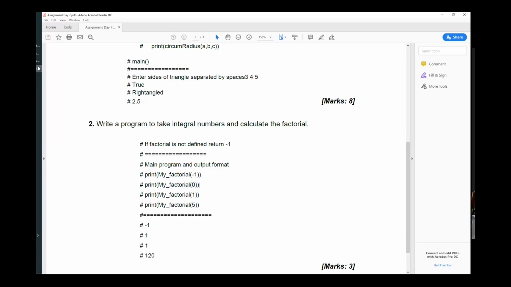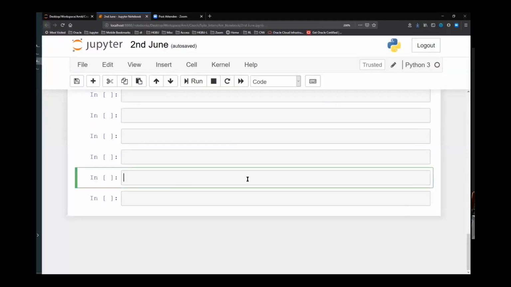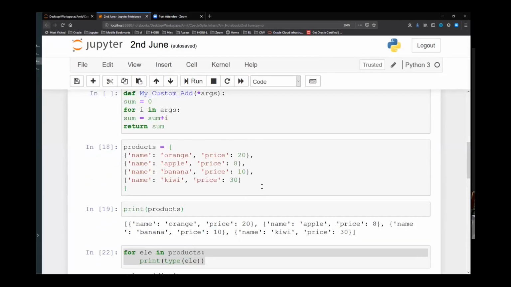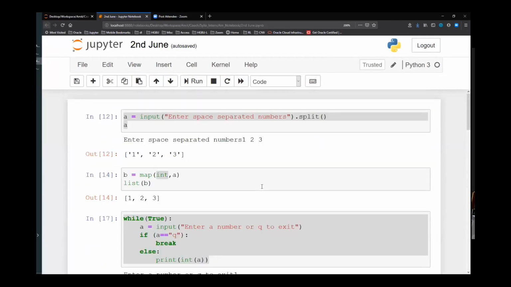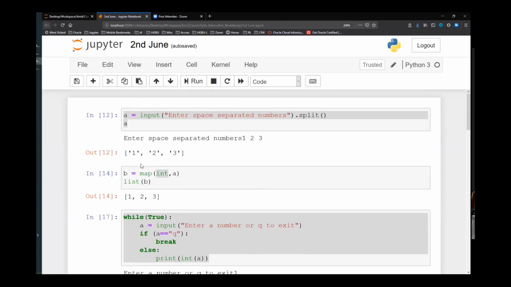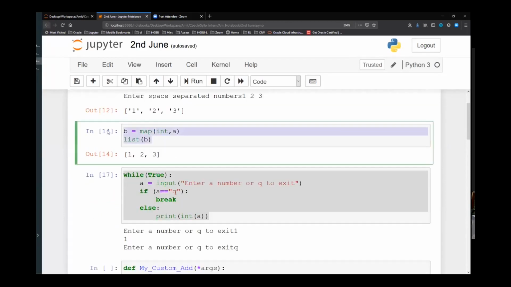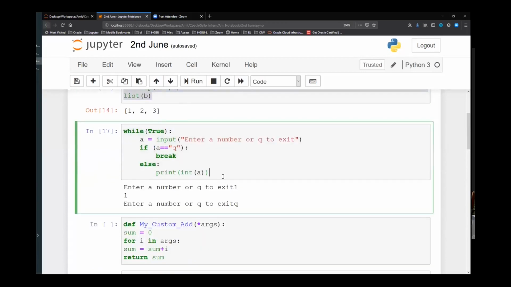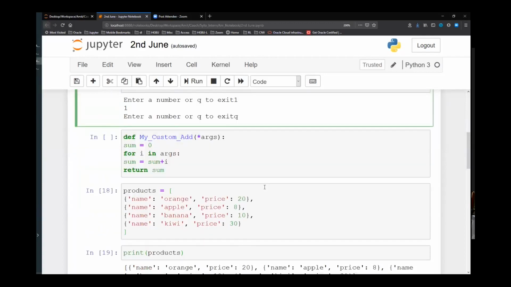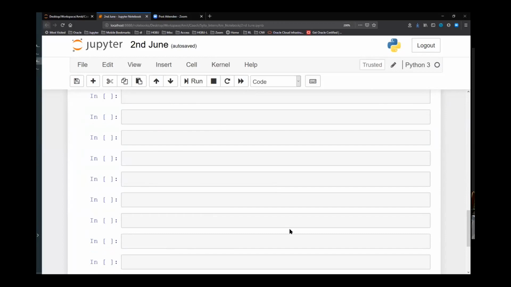All right. Now, let me just reiterate some of the things that I have covered so far, because I added two concepts here: I was using a map function, and then I also introduced a do while loop kind of thing. So the simple idea is to implement a do while loop. Okay. All right.